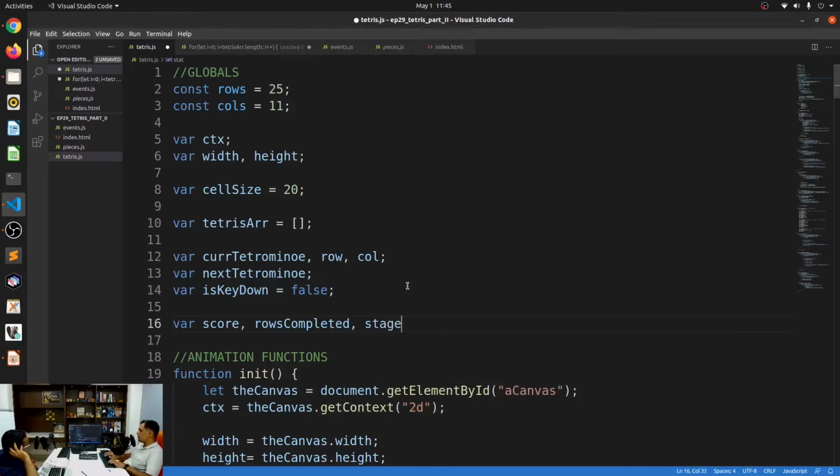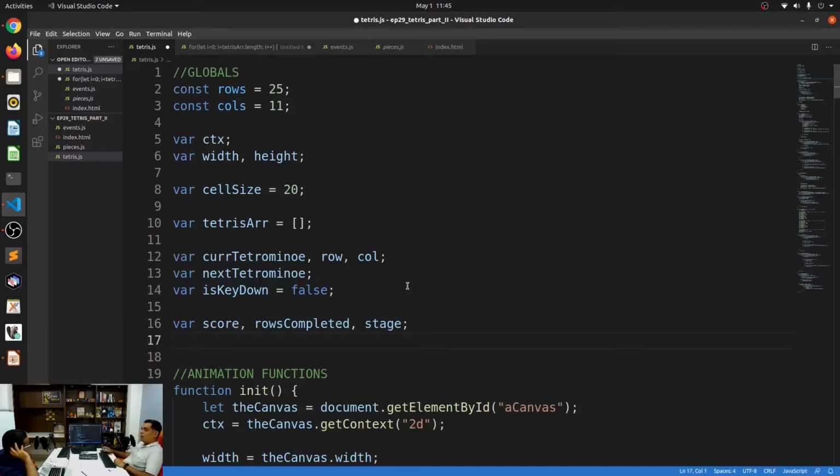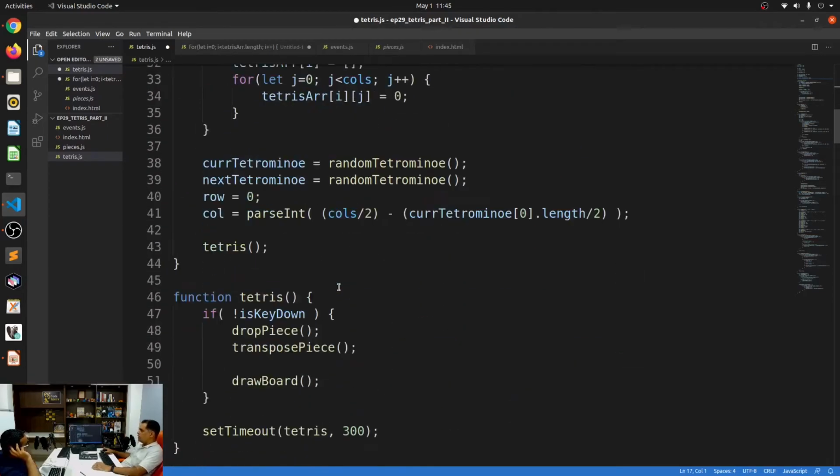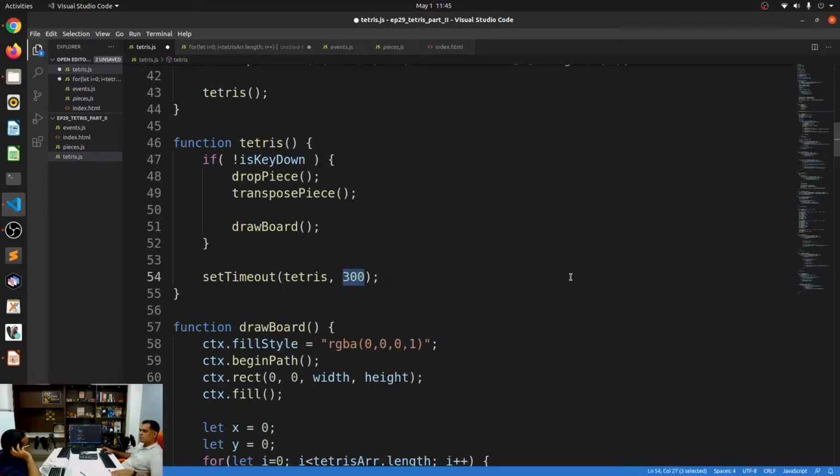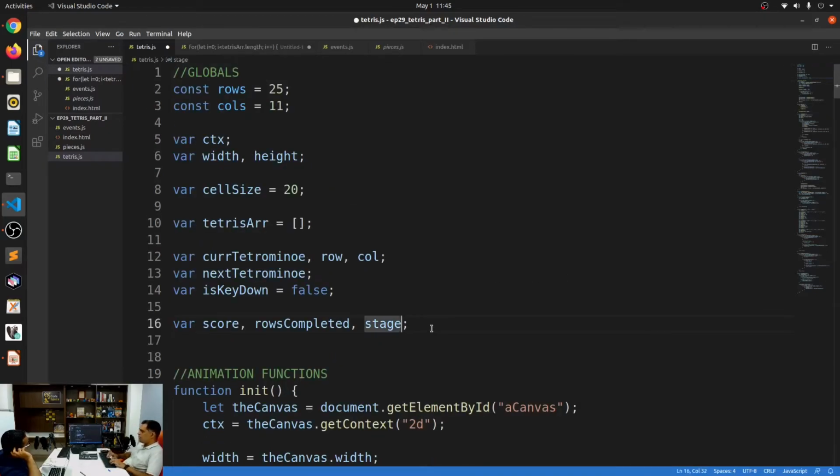The stage. I also want to make sure that every time your stage increases, the speed of the Tetris also increases. Correct. Right now, the speed is only determined by this one variable, and I'm going to change that. So stage is like the level. Oh yeah, I should probably call it level. So I'll call it level. What's the other thing? Speed. Let's call it gameplay speed.